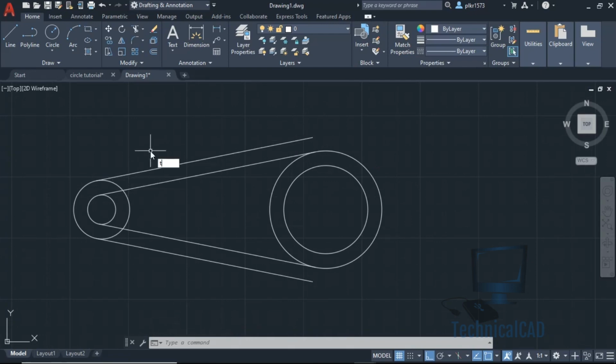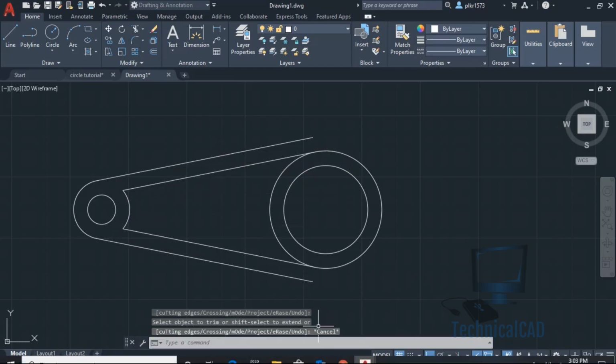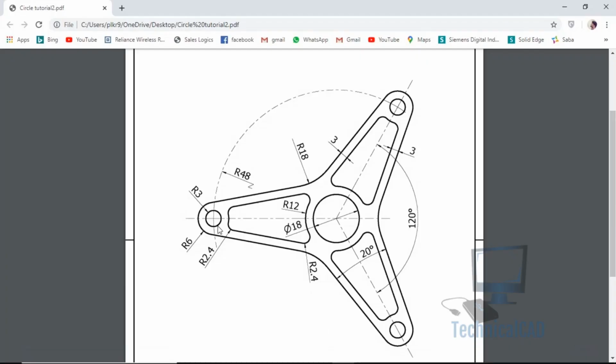Now I'll remove this line because it's not necessary, and I will go for trim. Okay. Like this.